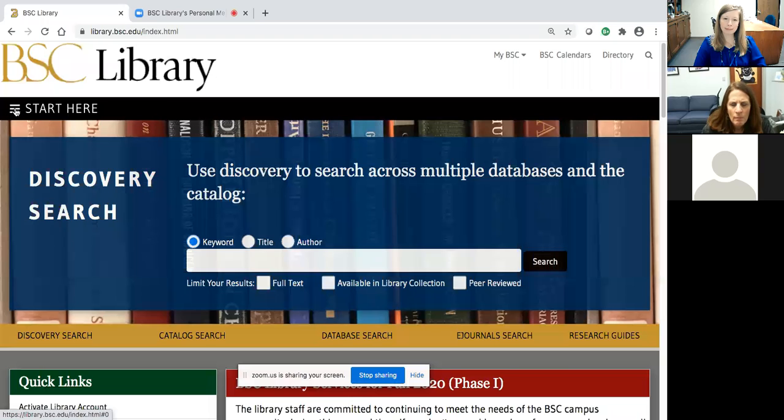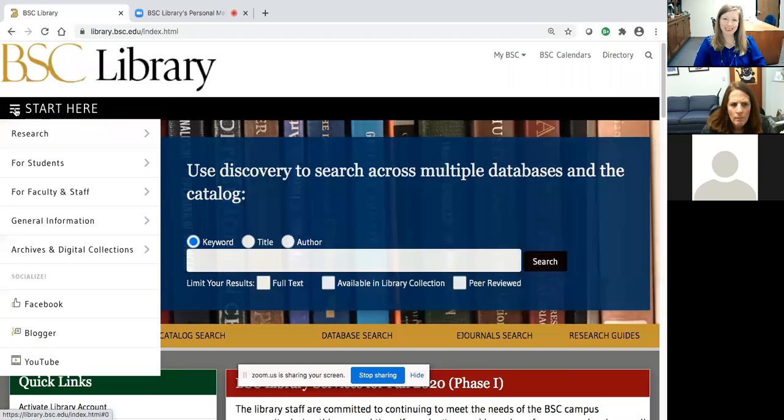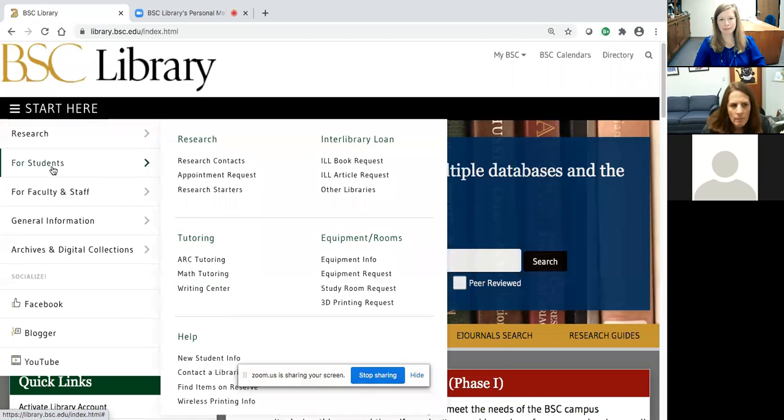If you click the hamburger icon, you'll see a drop-down menu. There's a lot in here, and I encourage you to spend some time checking out this information. There's information about library hours, policies regarding checkout, etc. So please feel free to dig into this and see what's available. But this morning, for the sake of time, I'm just going to point out a couple of things. If you go to the For Students section,